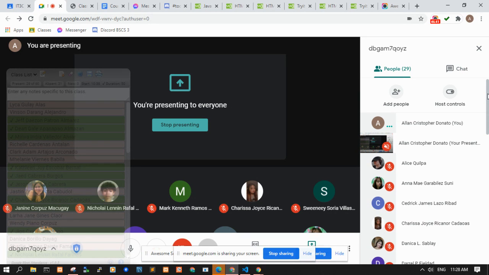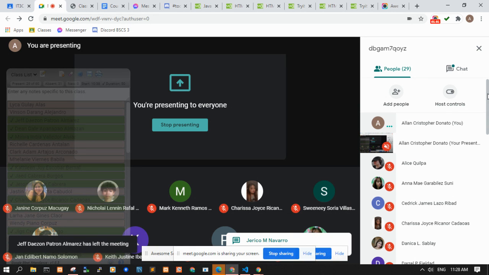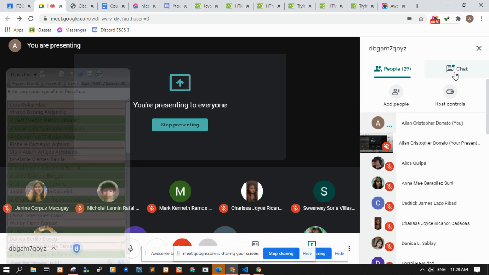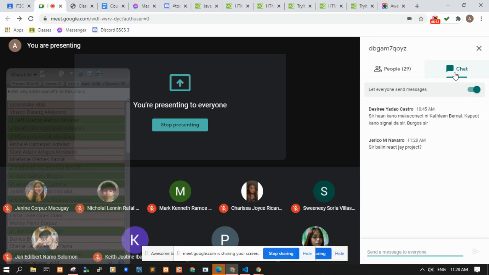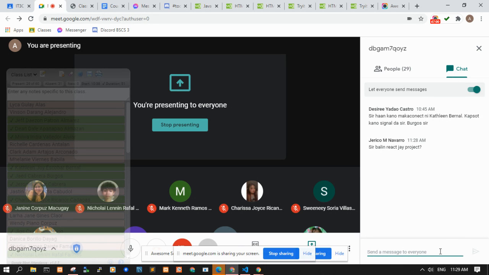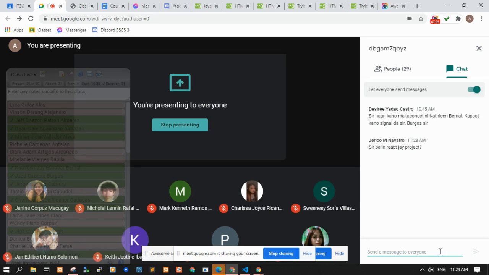And by the way, you can also use JavaScript in your project if you want. In your midterm project, React.js project. Pwede na rin. Sir Balin, React.js project. Pwede bang gumamit ng React sa project nyo? Is this for the midterm or finals?